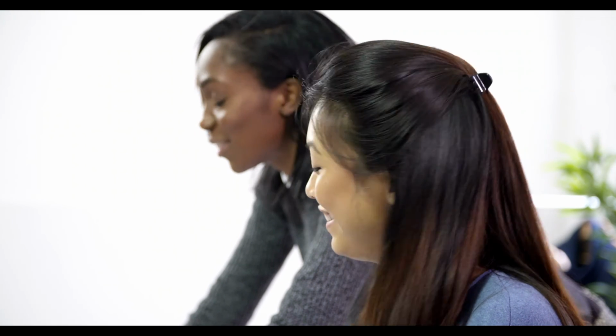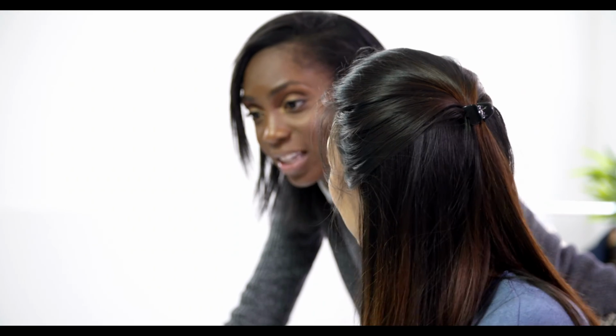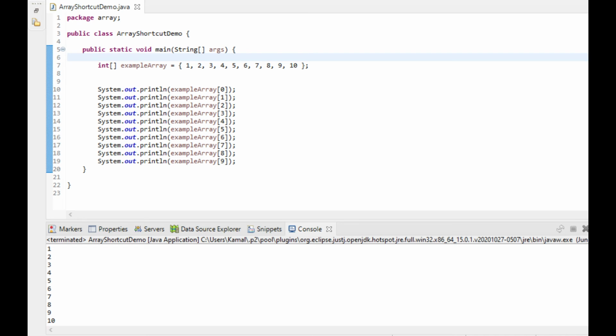This was the case when the number of elements were known. We already knew that we have counting from 1 to 10, so we are going to store 10 values. What if we don't know the number of elements, or we don't want to count elements, we want to just put values? Java has provided a shortcut to do so. Here we directly assign values to this array the way we assigned single values to a variable.